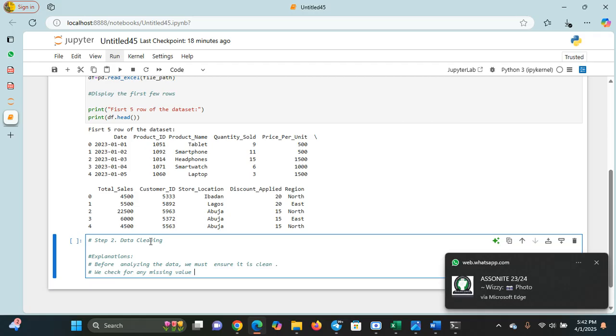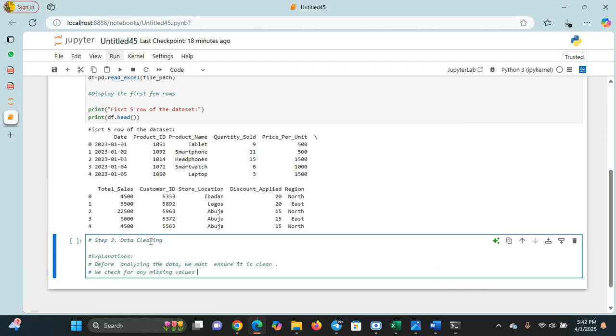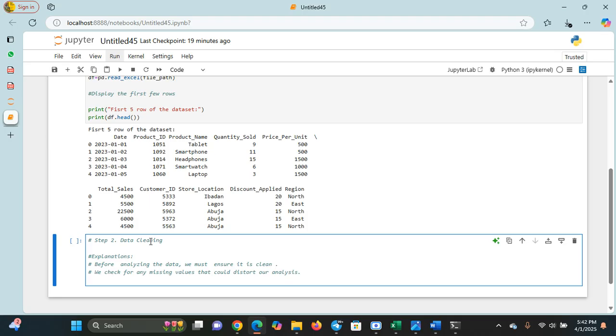Check for any missing values that could lead to error or distort our analysis. So if you have any empty column, it is going to distort your analysis, it's going to be bringing error for you. So and also here, what we are going to do is that we fill all the missing value,